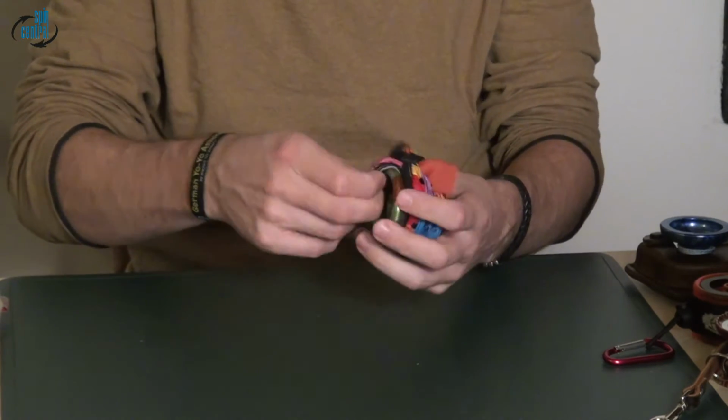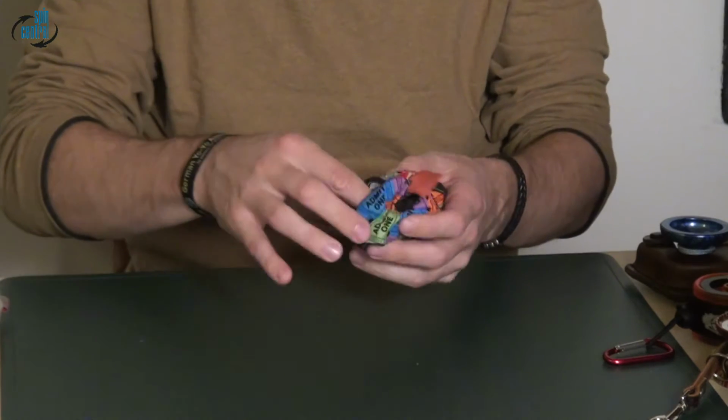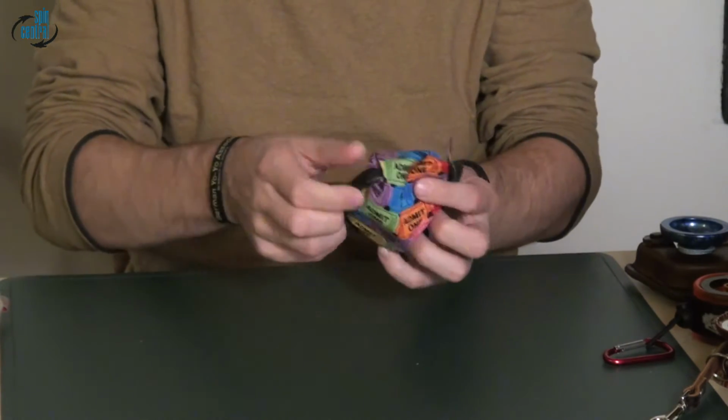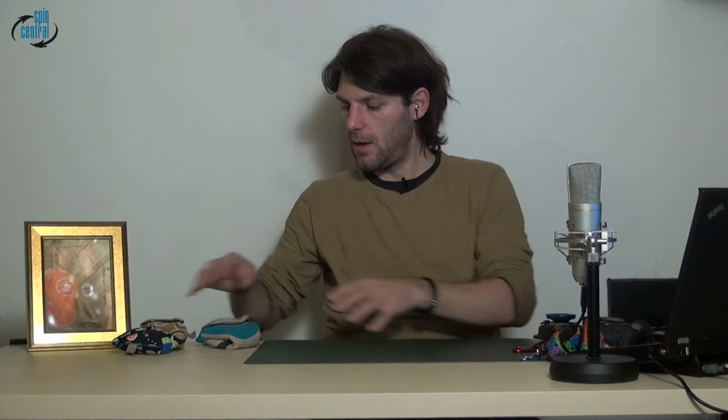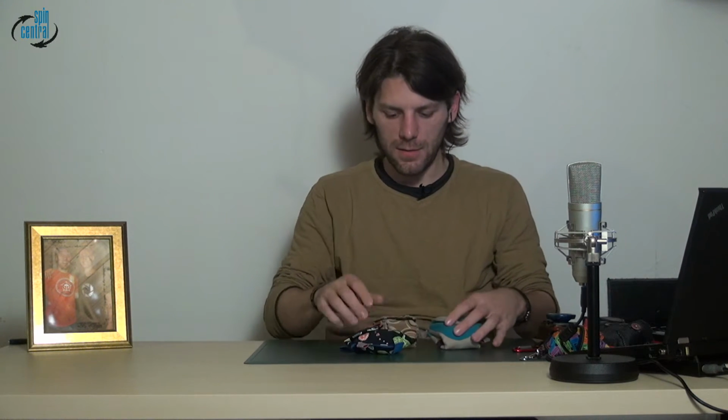I guess with some practice it's a little bit easier to get out, but yeah. And those are also not sold separately, and they just come with the yo-yo. Now these three things are